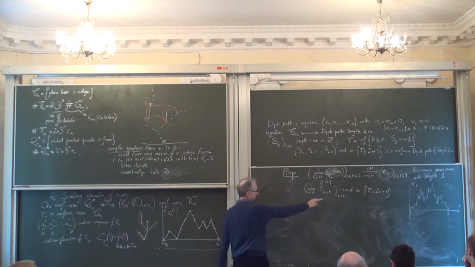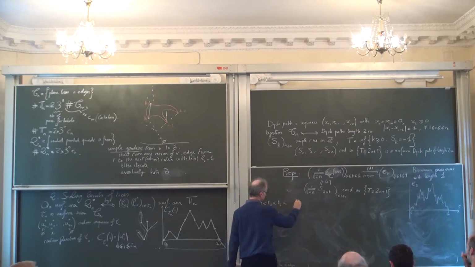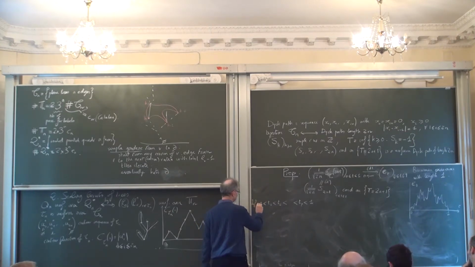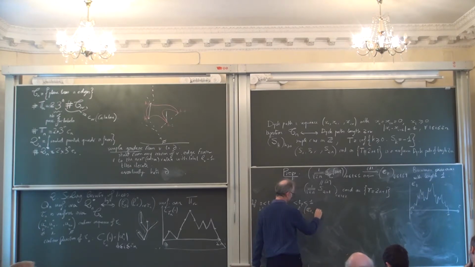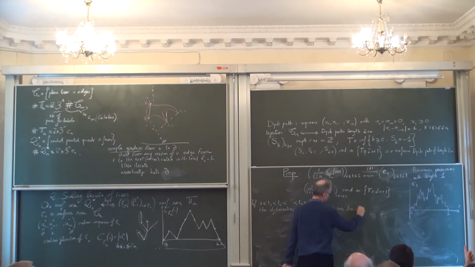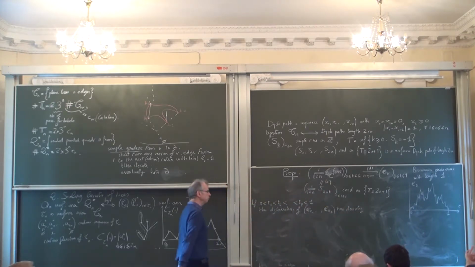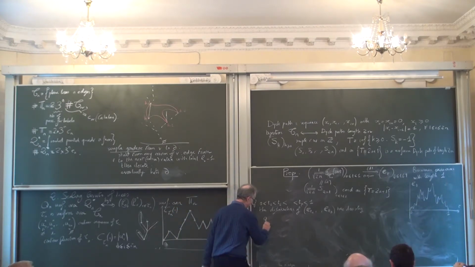So of course, it starts from 0 and it ends at 0. So I need only to look at values t1, ..., tp between 0 and 1. So if I want to consider the distribution of e_{t1}, ..., e_{tp}, it has a certain density. This density will involve two functions. The first one, I call it q, I will define it. Let's say it's a density f of x1, ..., xp.